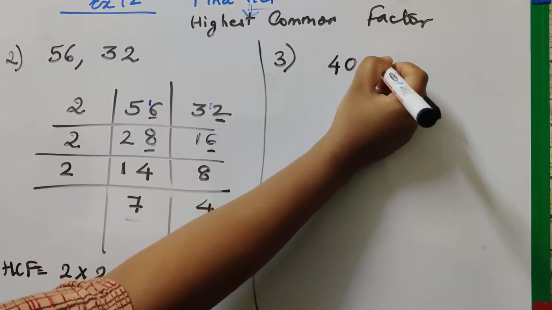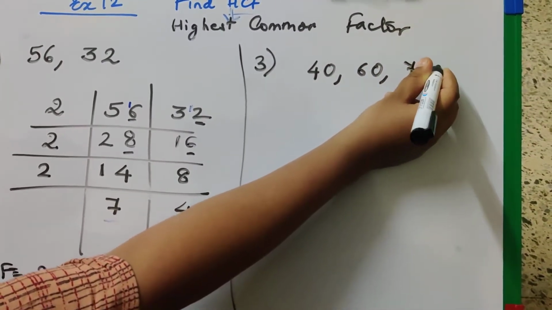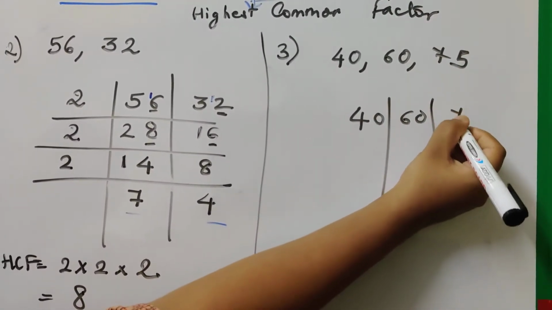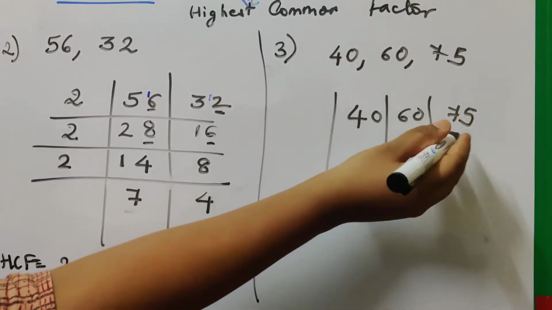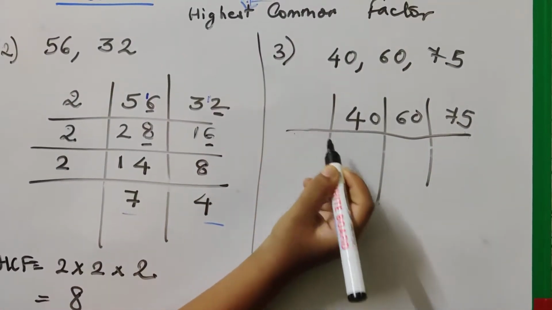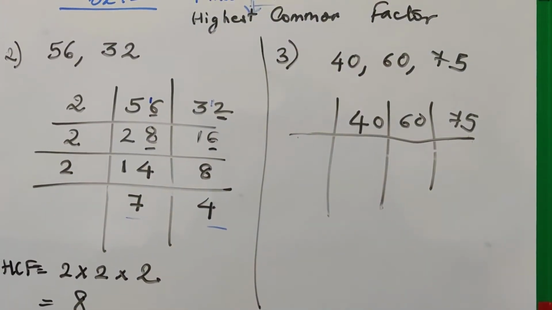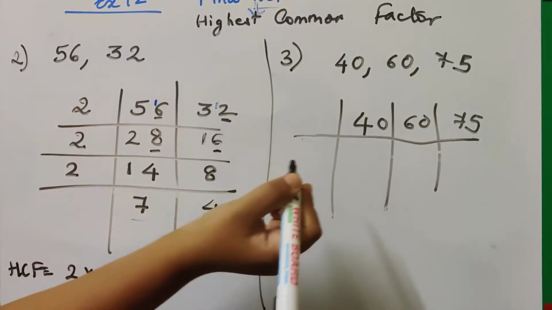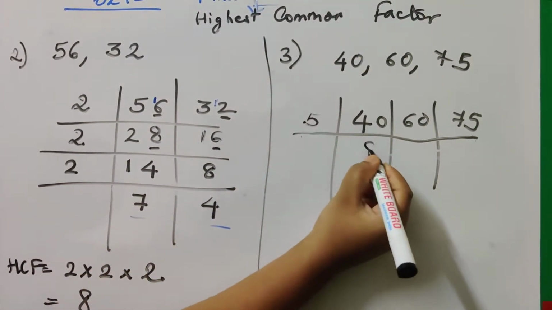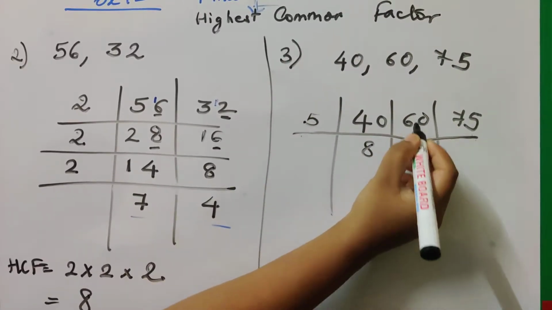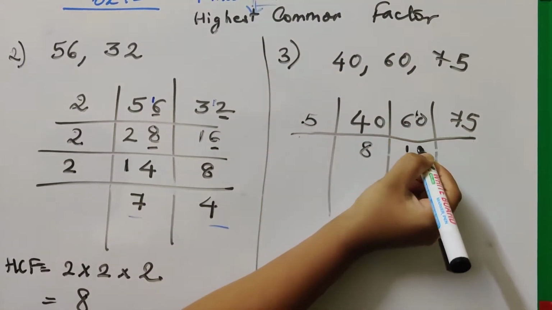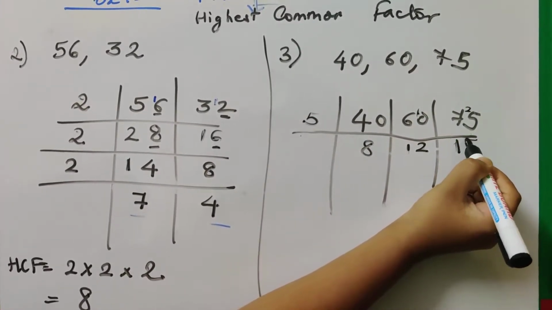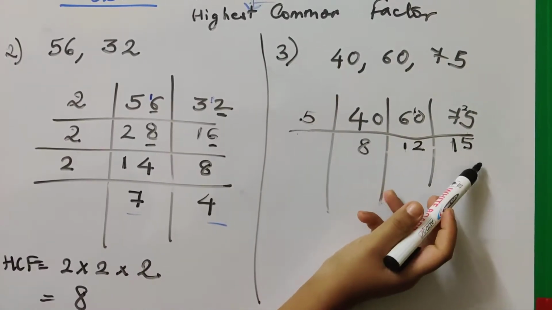That is 40, 60 and 75. Write all three numbers. Okay, horizontal line. I can see that all three numbers have units places ending with 0 or 5, so I can take the table of 5. 5 8s are 40. 5 1s are 5, I get a remainder of 1. That is 5 2s are 10. Again here 5 1s are 5. Carry 2. 5 5s are 25. So basically I am using this 5 to divide all three.